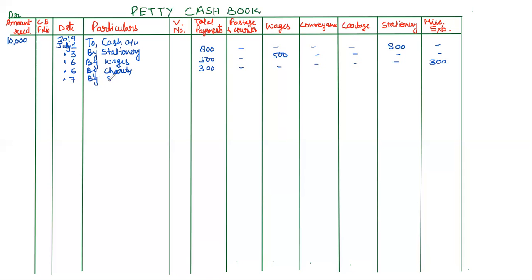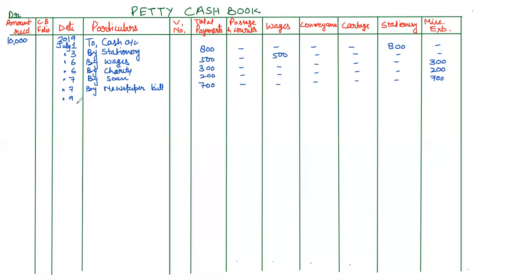So now see 7, purchase soap. So by soap, rupees 200 will come in the total payment column, and you can see very clearly we do not have any separate column for soap also, so that will also come in the miscellaneous expenses column. And next one is paid for newspaper bill on the same day, by newspaper bill, and that amount is 700. Again, first of all this amount will come in the total payment column, and after that in the concerned column. For this also we do not have any separate column for newspaper bill, so this amount will also come in the miscellaneous expenses column.